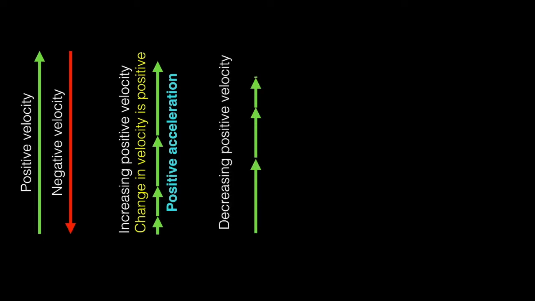So we've got in green here, going forward is a positive direction, going the opposite direction in red is a negative direction. So if we have an increasing positive velocity, the change in velocity is positive. Therefore, we have a positive acceleration. If we now have a decreasing positive velocity, the change in velocity is negative, which tells us that we have